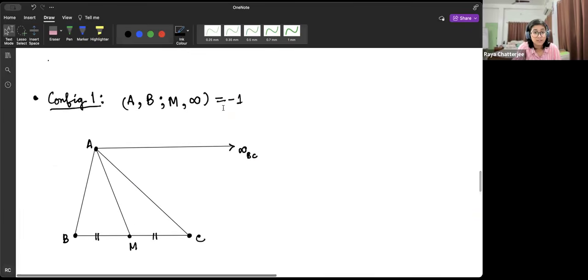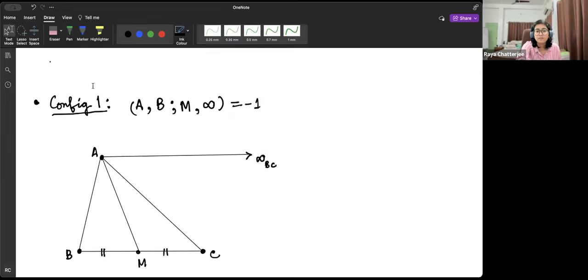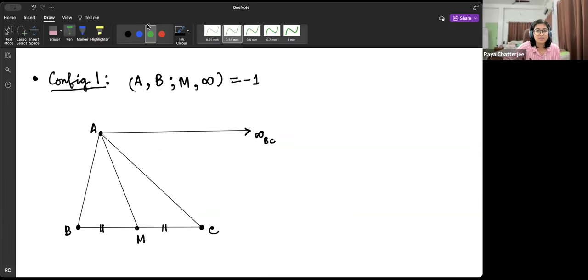So the first config that I want to talk about is, okay, somebody asked at the very beginning, what is the motivation of defining cross ratios like this? And I think that's the whole point of projective geometry. That question is the most prevalent. So this is probably going to solve some of that confusion. So if you have a triangle ABC and you have the midpoint of a side BC,